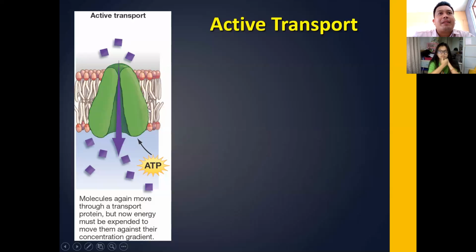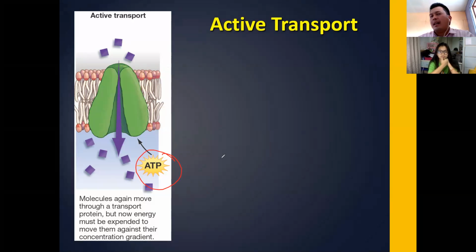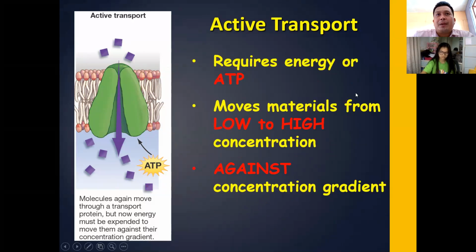So this is the active transport, class, the sodium and the potassium pump. ATP powers it, it's like the one that gives energy to the cell transport. So without the ATP, this sodium potassium pump will not happen. So this is the active transport. It requires ATP, moves materials from low concentration to high concentration, and it goes against the concentration gradient. Much like climbing a hill, it goes against gravity.